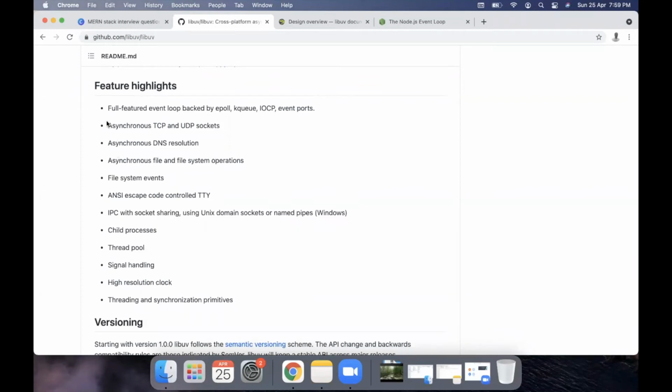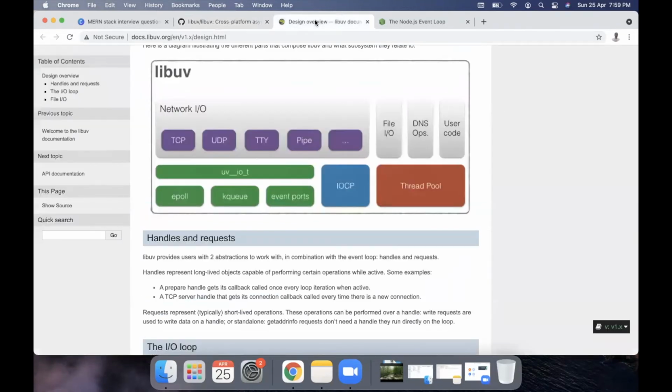Now, if you look at all those resources for the first time, they might seem like jargon. So what we can do is try to understand the core architecture of libuv. I am at this site, docs.libuv, and here you will find the core architecture of libuv. Internally libuv is written in C and has all these components. The first component that we see here is network IO, in which we have TCP, UDP, TTY and pipe